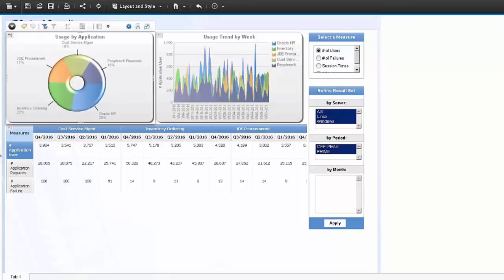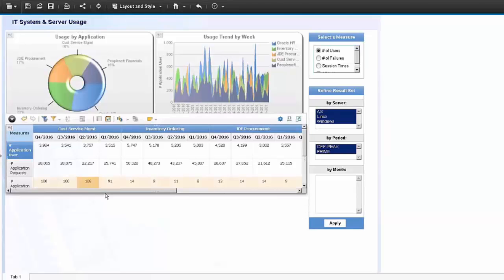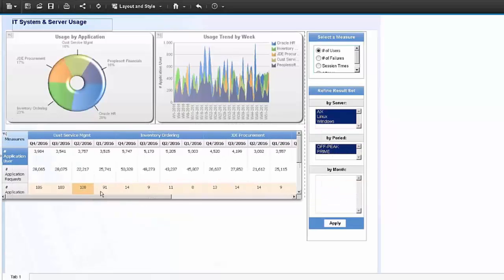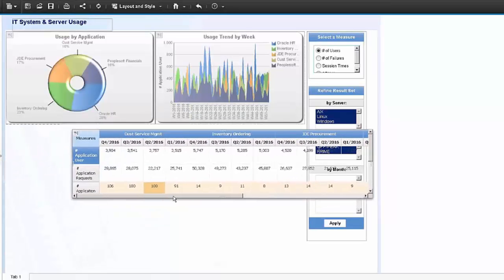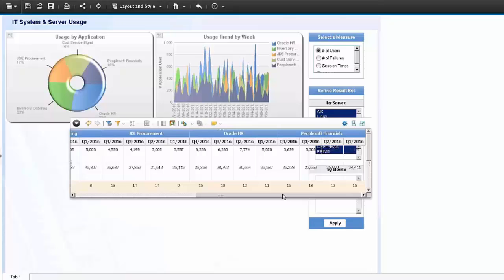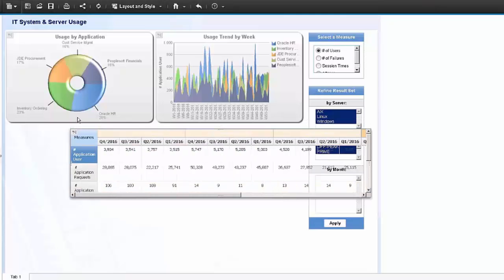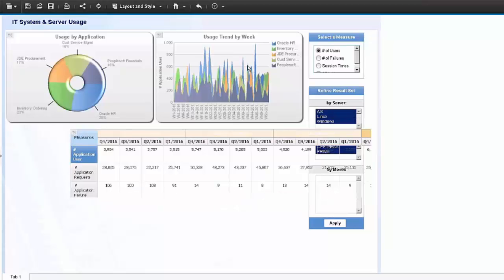So now you can see that we've drilled down into BI for IT, and then each of those can be viewed individually, and they can be moved, as you can see. So I think, Ian,